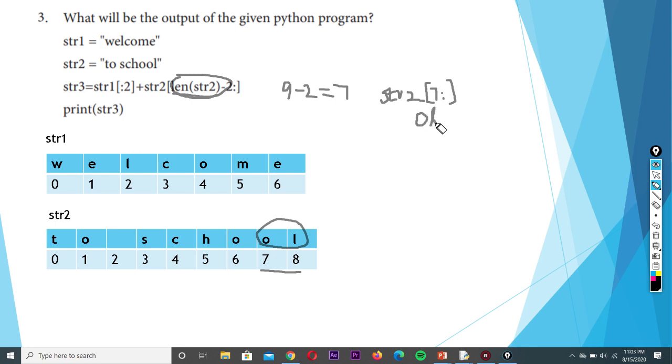Next we want to find out the first string slice. What is the first string? Welcome. The starting index is not given, the ending index is 2. The ending index being 2 means it will be 0 to 1.